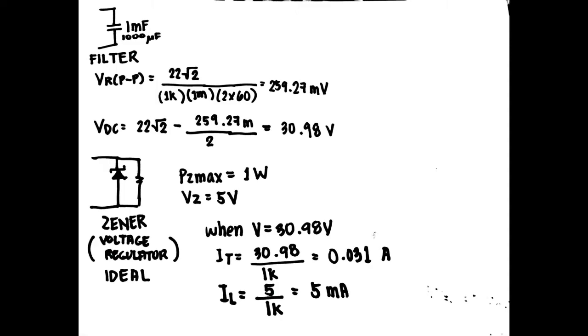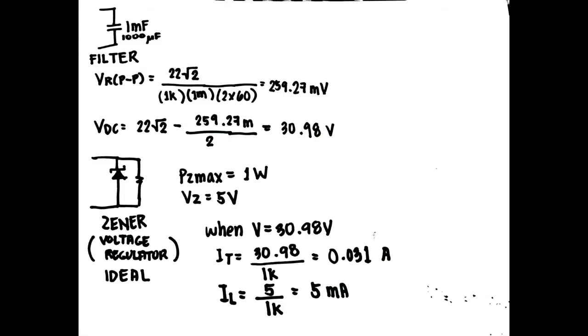For the Zener, which is our voltage regulator, we use in this part the ideal Zener. The PZ max is 1 watt. The voltage of the Zener is 5 volts. When the voltage is at 30.98 volts, IT is 0.031 amperes or 31.98